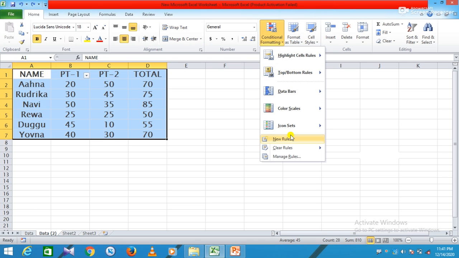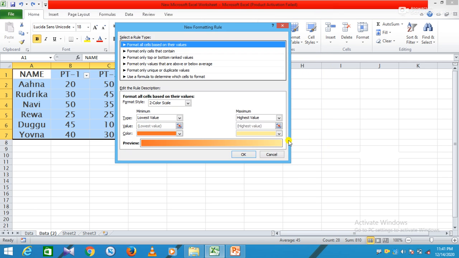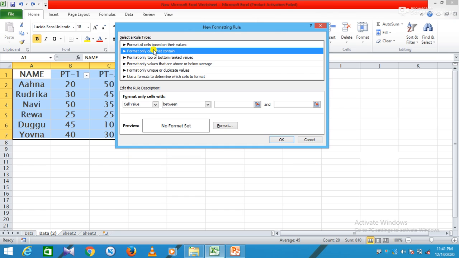Choose New Rule, then choose Format only cells that contain, and give a proper criteria under Edit the Rule Description.